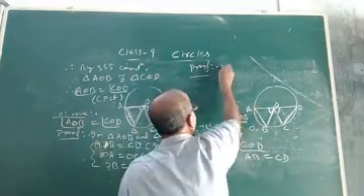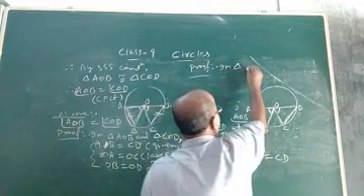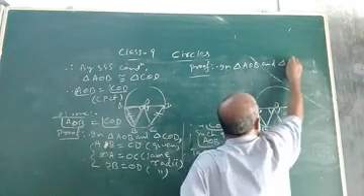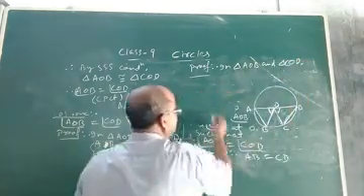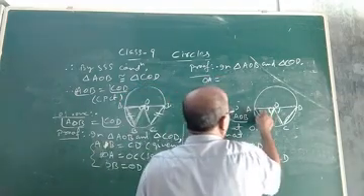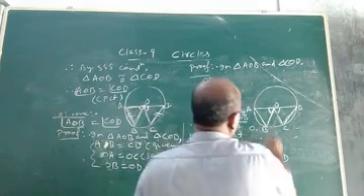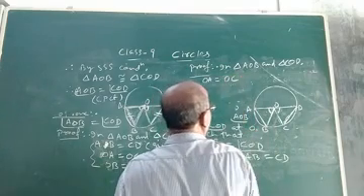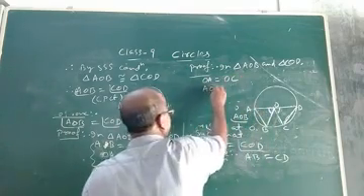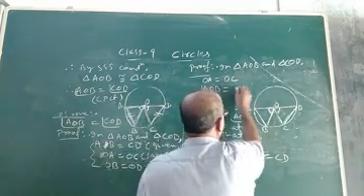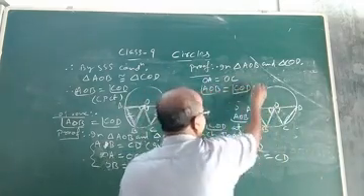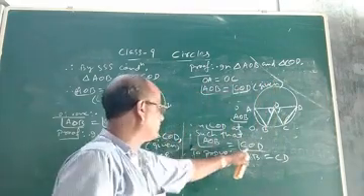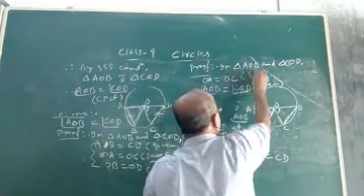Now to test the congruency of triangle AOB and triangle COD. Now see, OA equal to OC. Angle AOB equal to angle COD. It is given. What is the reason? You write the reason in bracket. This angle equal, it is given in the given condition. And this is same radii.